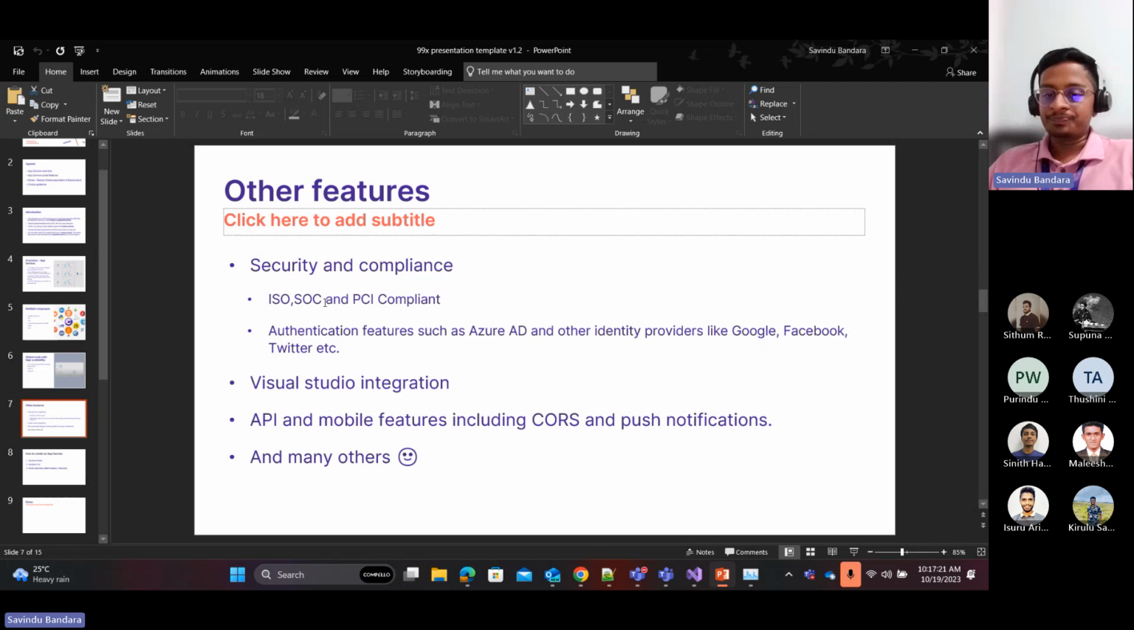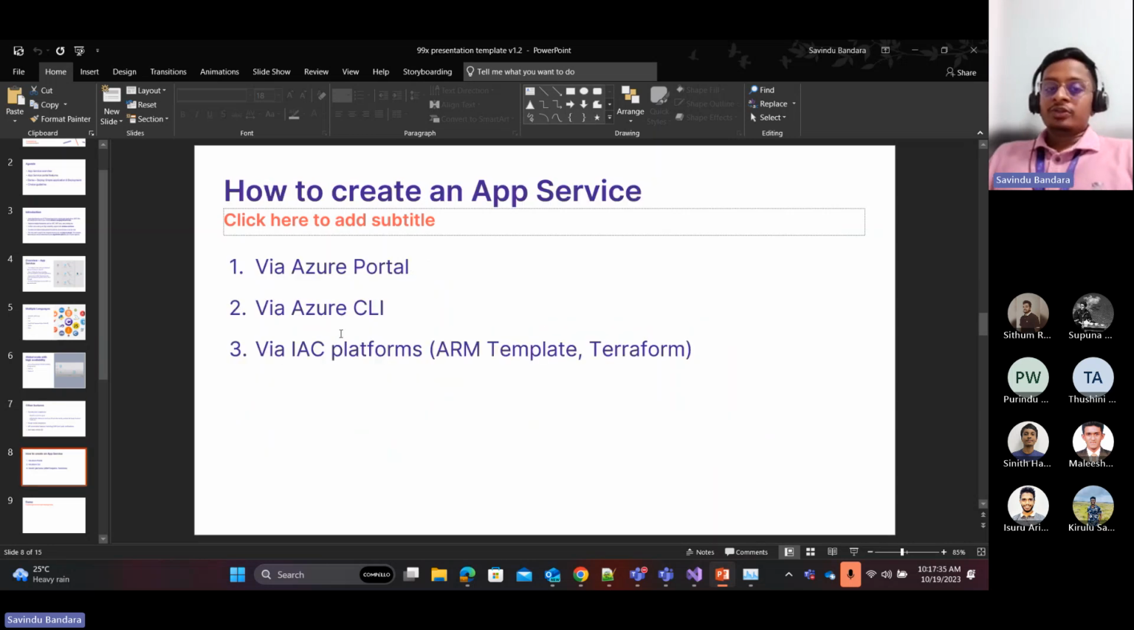So those kinds of cross-platform communication services are supported, and you can use push notification services, and there are many others as well. Since we talk about app services, there are several methods that we can use to create